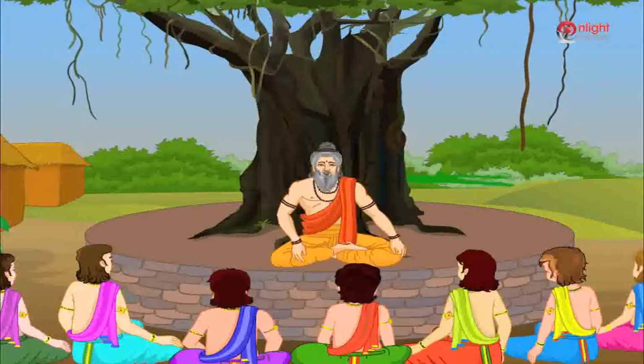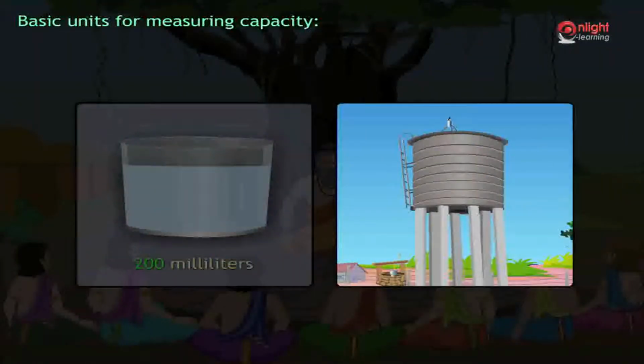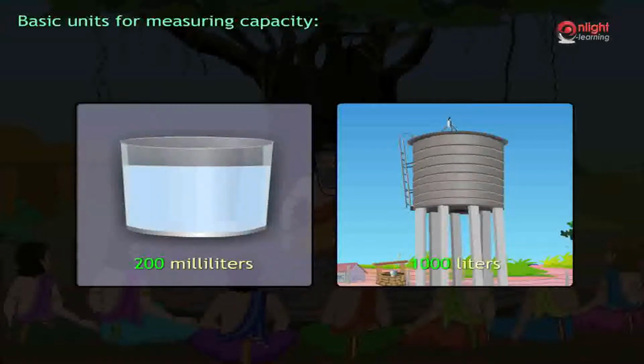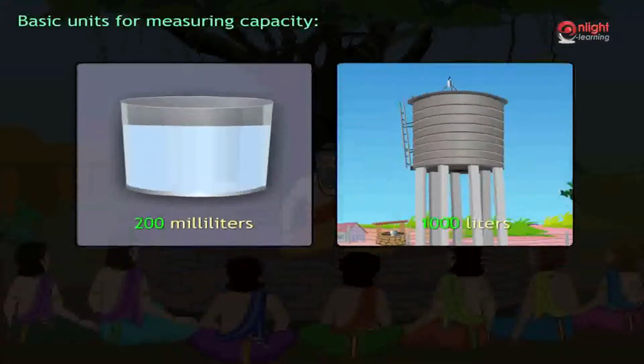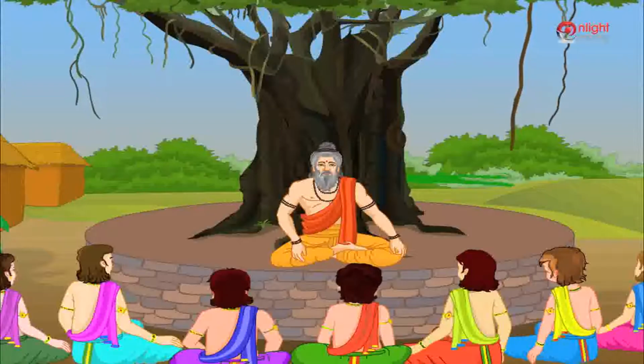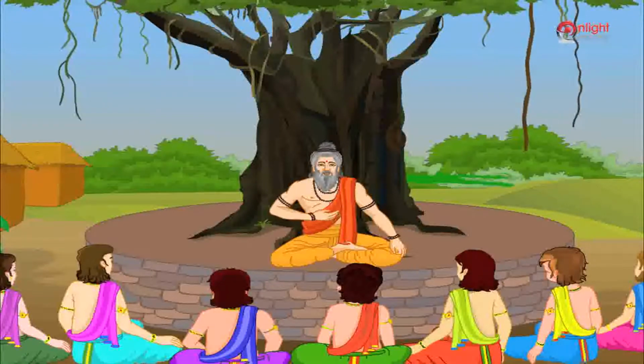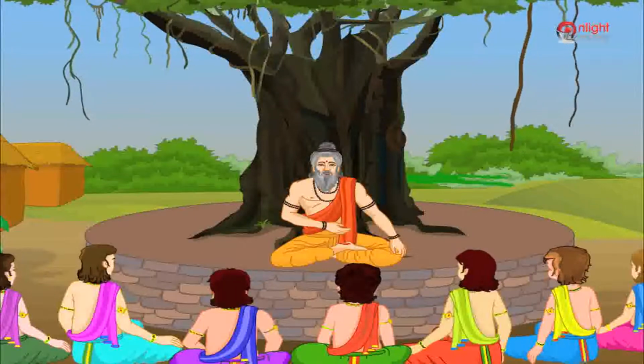Consider this bowl of water. The amount of water in this bowl is 200 milliliters. Similarly, consider the water tank of the castle. Its capacity is 1000 liters. Here we see two different units used for the measurement of capacity: liters and milliliters. We know that the amount of water in the water tank is larger than the amount of water in the bowl. From this we can conclude that liters is generally used for larger capacity measurements and milliliters is generally used